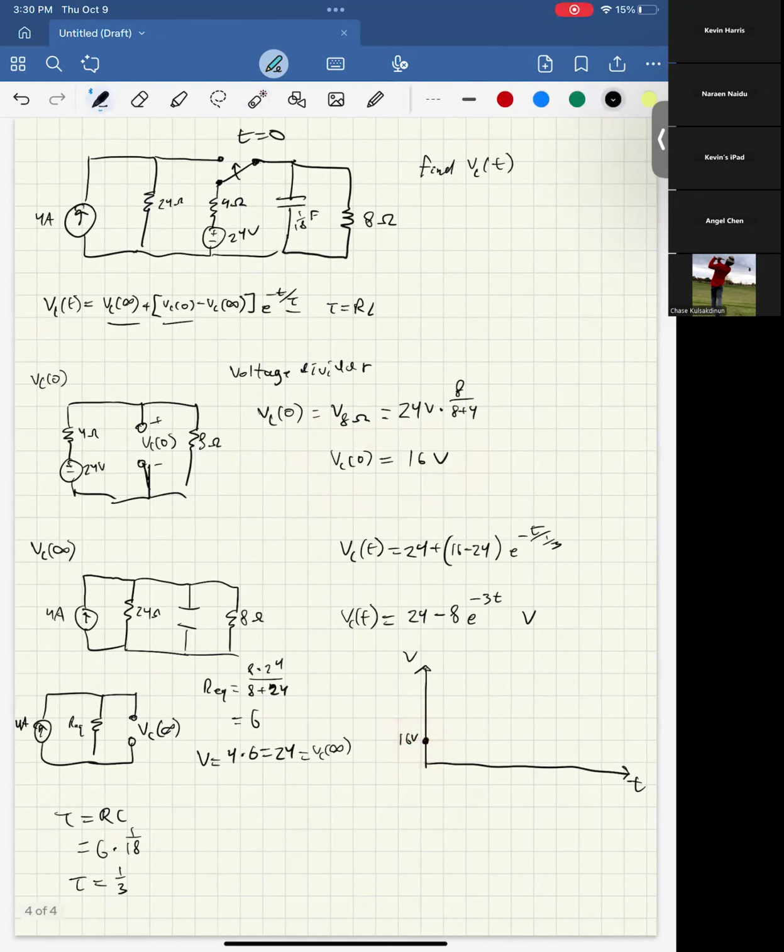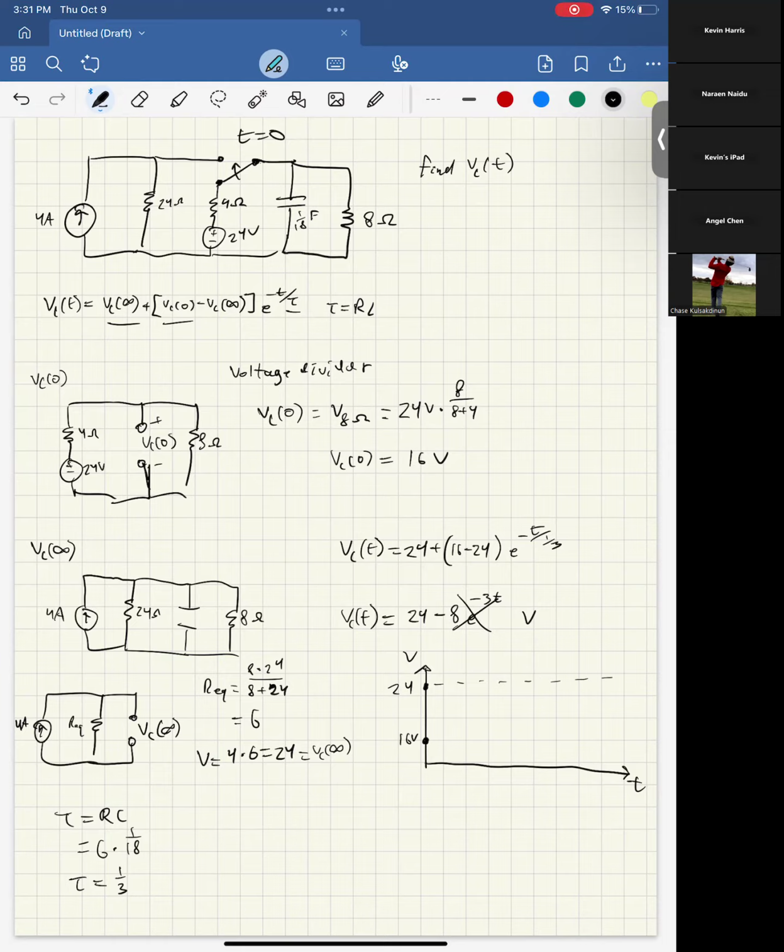And then as t goes to infinity, right? As t goes to infinity, this is going to go to e to the negative infinity. E to the negative infinity is 0. So eventually this term is going to stop mattering, and that means VC of infinity is going to be 24 volts, exactly what we expect. And then the e term, since it's an exponential, is saying that it just takes some time to get there. So we have some horizontal asymptote,